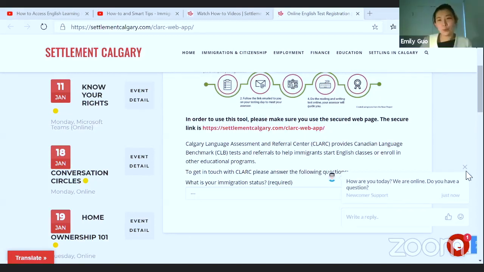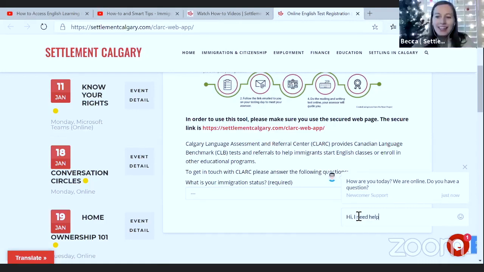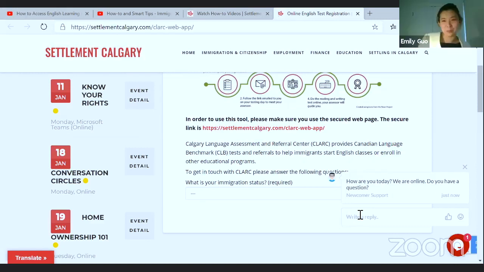Oh, excellent. So as you can see, there's a small window popping up. The beauty of the website is we also have a strong technical team online during our working hours. So if you have any uncertainty, any question, you can actually type your question right there and ask them. They will try their best to get back to you as soon as possible. I like this. You can be like, I need help. Thank you. I don't know what PR is. All right.